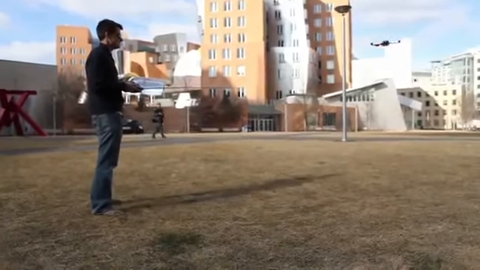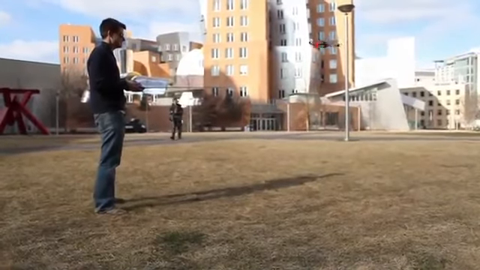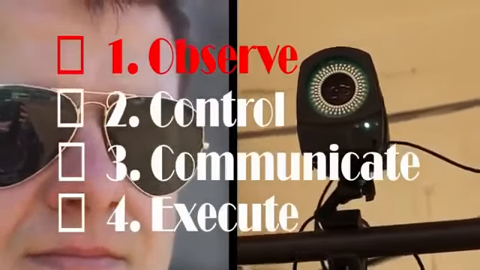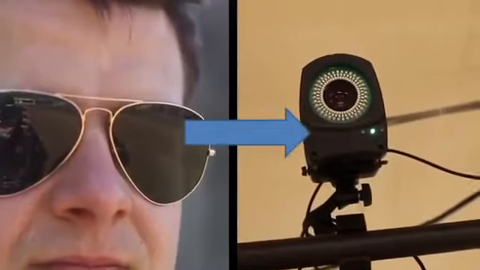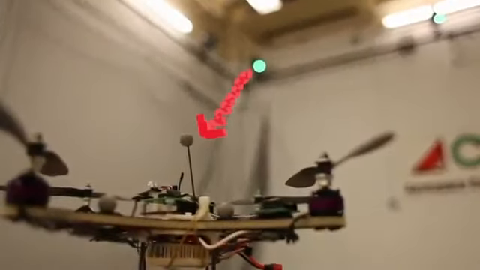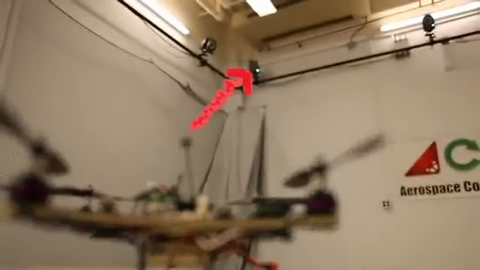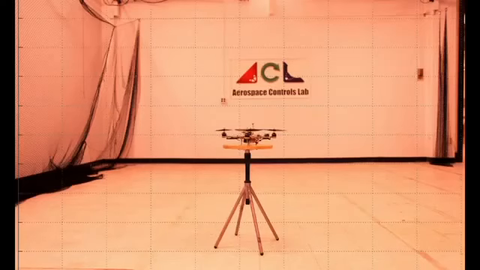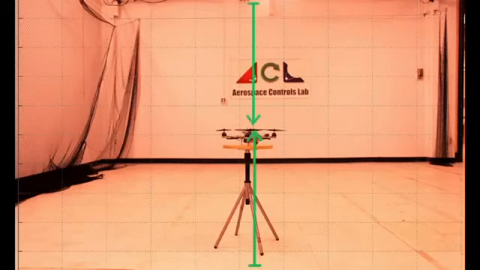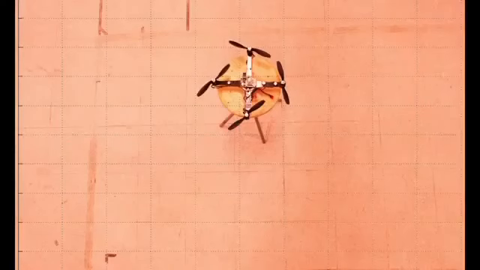Now let's see how each of these 4 steps changes in order to make the quadrotor fly robotically. In the first step, we use specialized cameras for vision instead of the pilot's eyes. The cameras shine infrared light, which bounces off of small reflective markers on the vehicle and goes back to the camera. A camera from this side point of view can tell how far the marker is in the vertical direction and one horizontal direction, and a camera from this top point of view can tell how far the marker is